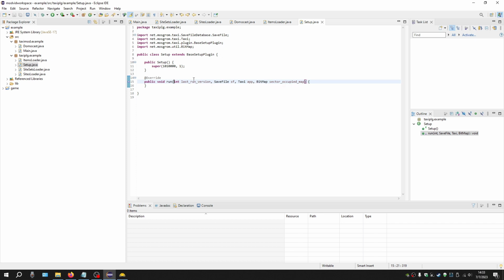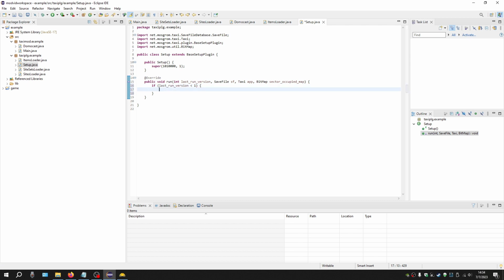If that was version 1 and you are now in version 2, you can know here, like, don't do this again. We're going to do this here actually. So if last run version is smaller than 1, so if it was never run,